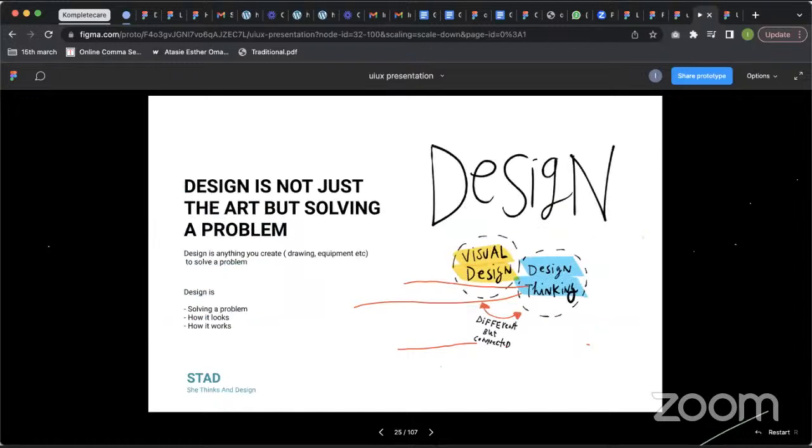So, growing up, when they ask us what design is, what comes to our mind is, design is how something looks like, how it is fine, how it is all of that. Beautiful, right? But I want to change your perspective today of what really design is. If you don't get anything from what I'm saying, I want you to get this. Design is not just about the art. It's not just, count my word, it is not just about how beautiful something is, right? Design is anything you create to solve a problem.